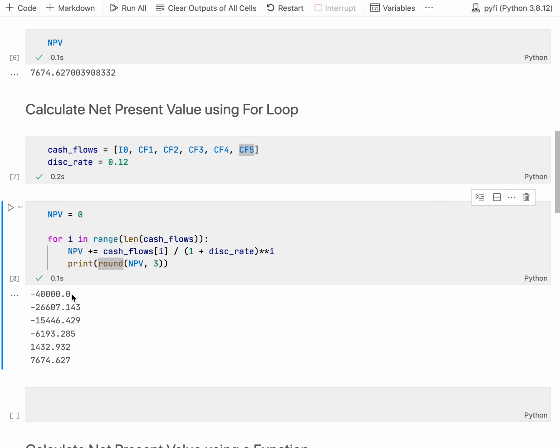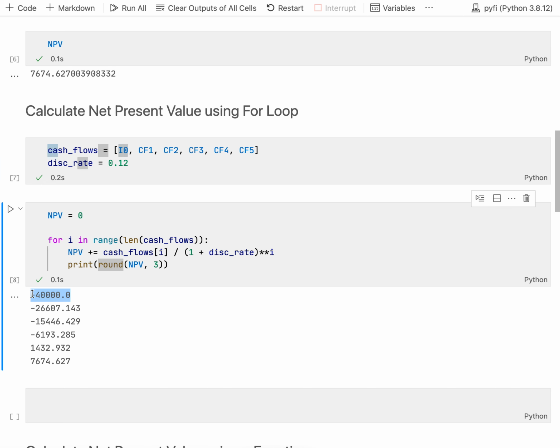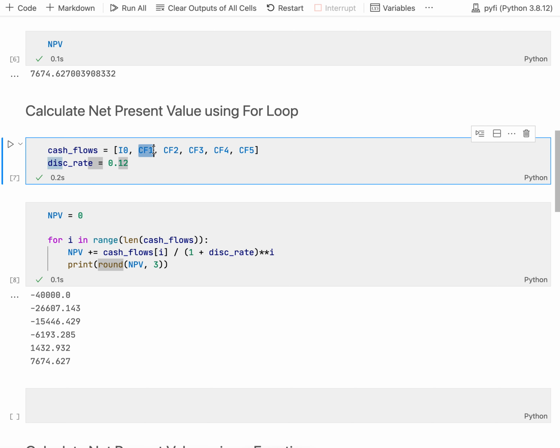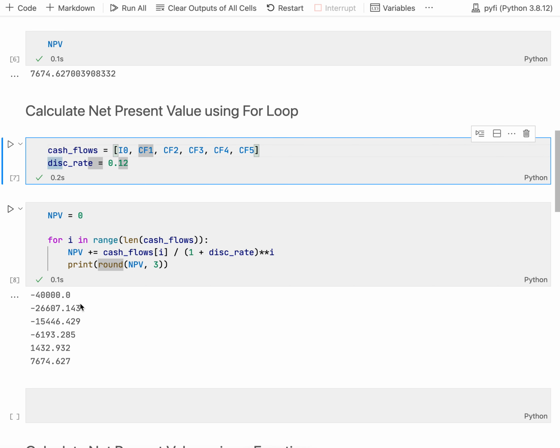In the first step, we are considering the first cash flow, which is the initial cash outlay, or the initial investment, equal to $40,000. To this value, which is negative, we are adding the discounted value of the first cash flow received at time 1. So the result is this number. Following that, we add the discounted value of cash flow 2, and so on, up to the last cash flow, which is going to give us a net present value equal to